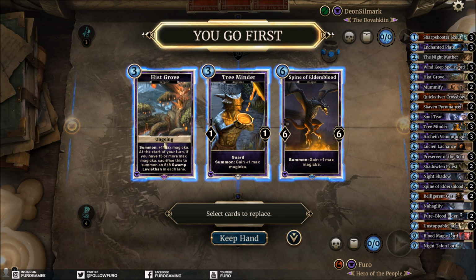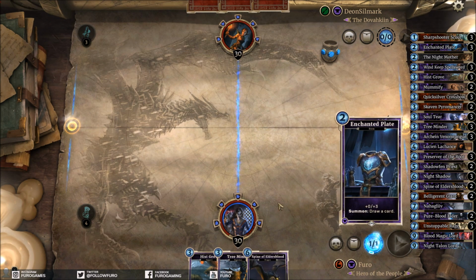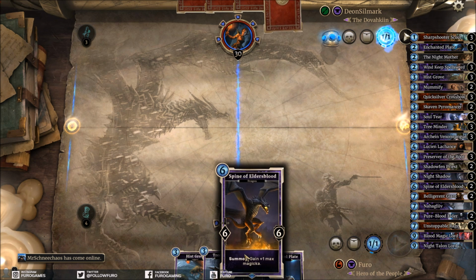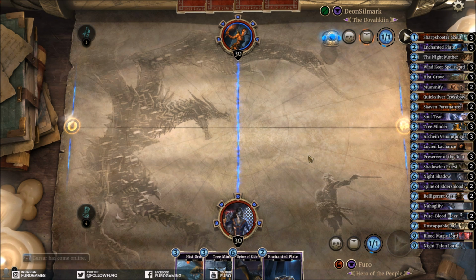The starting hand here is fine. A lot of ramps, so definitely keeping that. You could say, man, Spine of Eldersblood is expensive, but with the ramp that we have, we can play the Spine of Eldersblood way earlier. So we're starting the game with the Tree Minder, then going to the Hist Grove most likely, then playing the